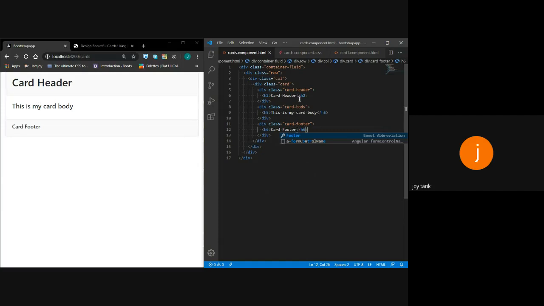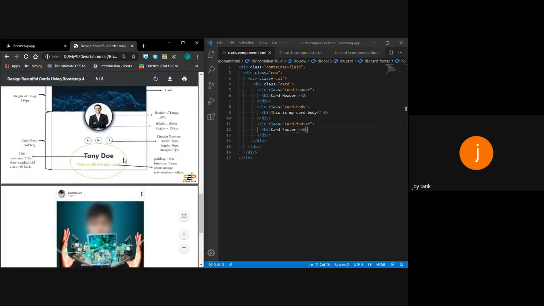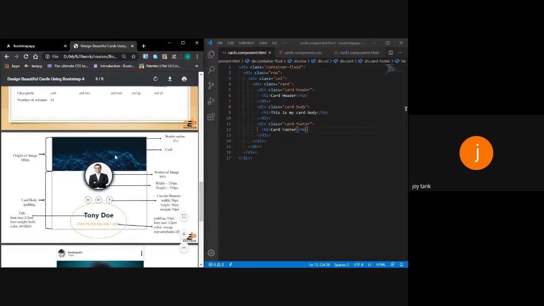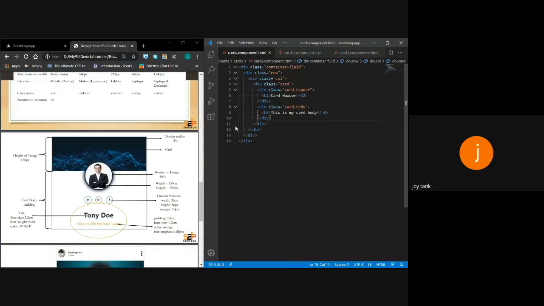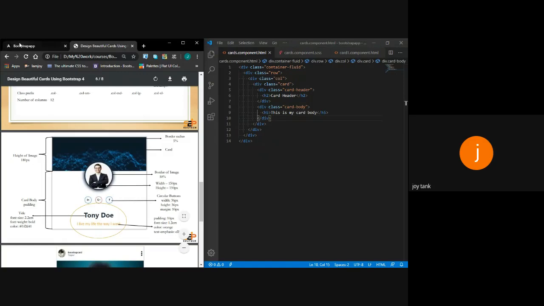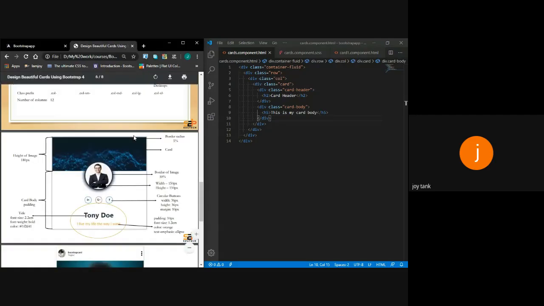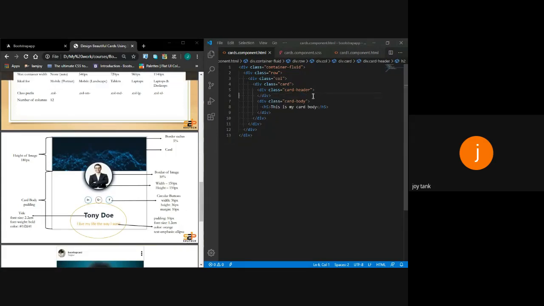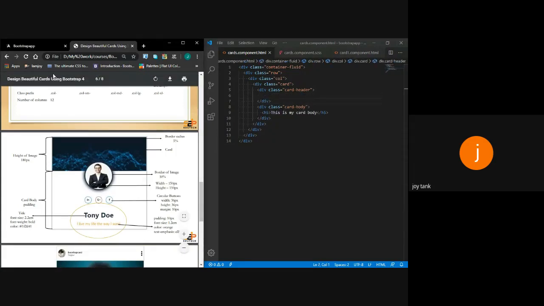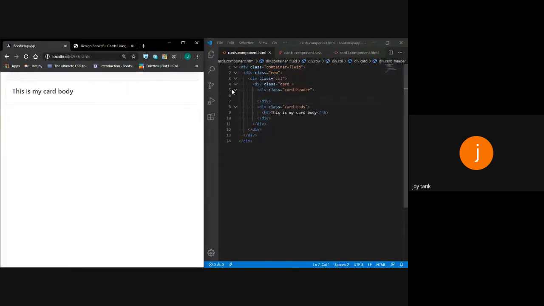In this card, you need only the header part and the body part. I don't need any footer part, so I will remove it. Have a look here that I have a card header and a card body. In this design, I need to create a card header, and within that card header I must have an image. I don't need any of this content within this card, so the card header is empty now. Now I say please import an image.